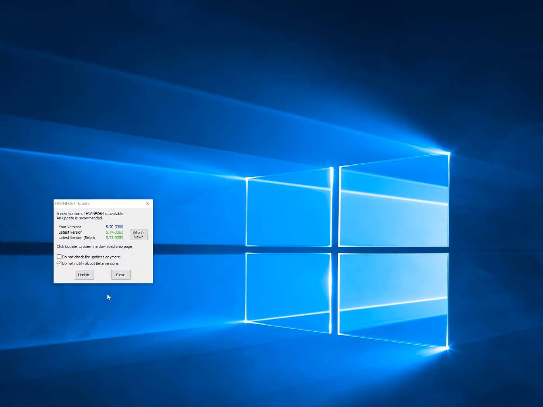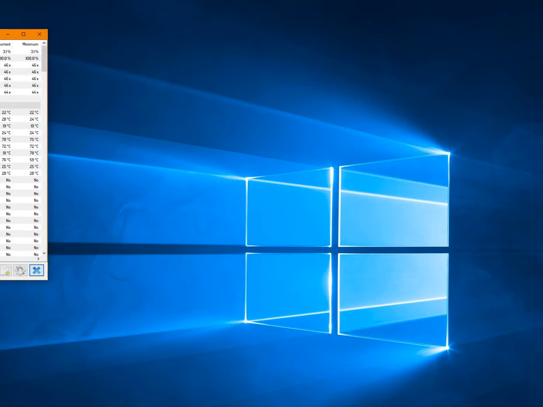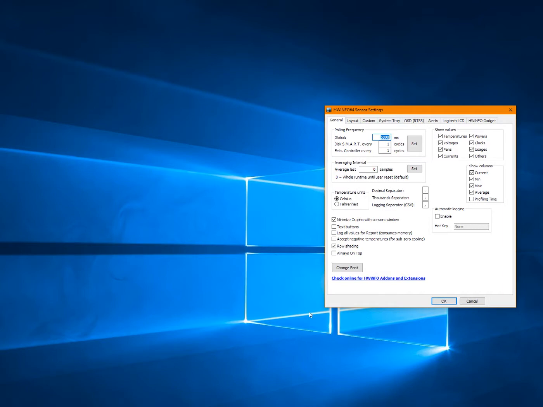Don't close that out for now. I'm going to go ahead and click on this little gear thing here for configure sensors, and that's going to bring up this screen here. Now, I'm going to show you this because this is very important. Global is set to 5,000 milliseconds, and when you do that, you hit set and you hit OK when you're